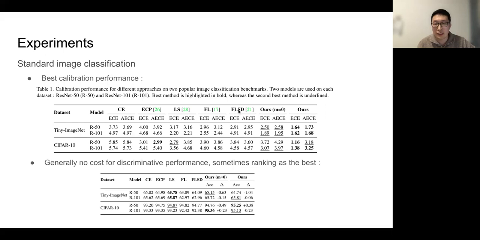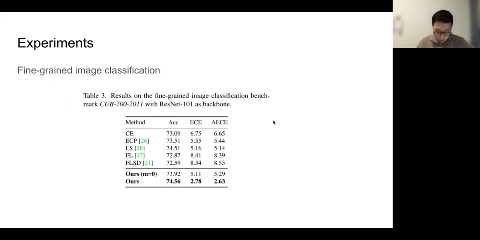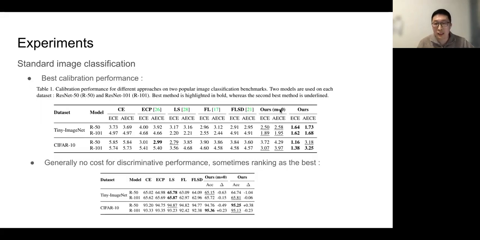Here the FLSD is an improved focal loss. It adds some schedule techniques to the lambda. We can surpass all the other methods. And here we also include one where we just set the margin equal to 0.